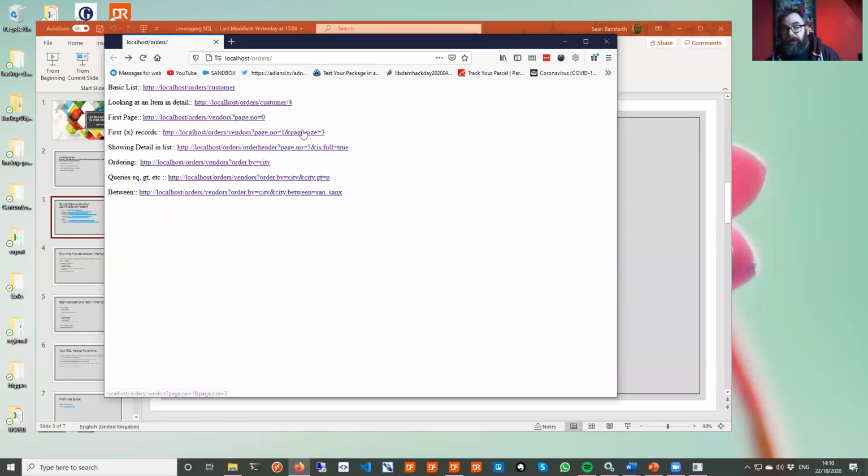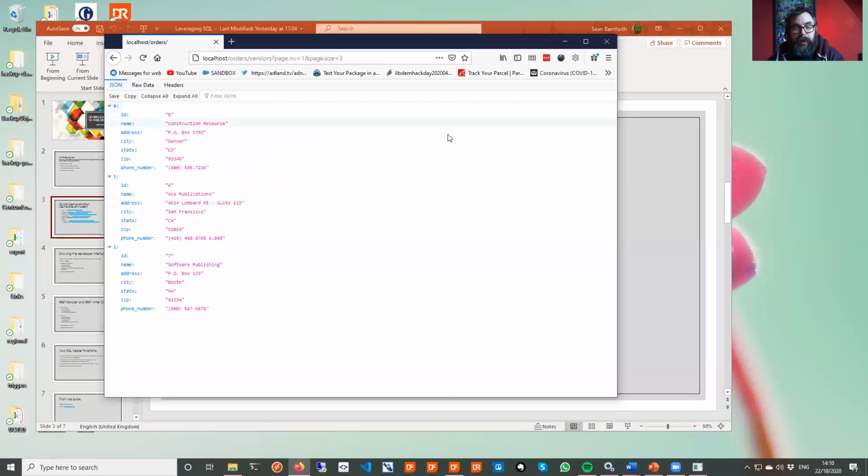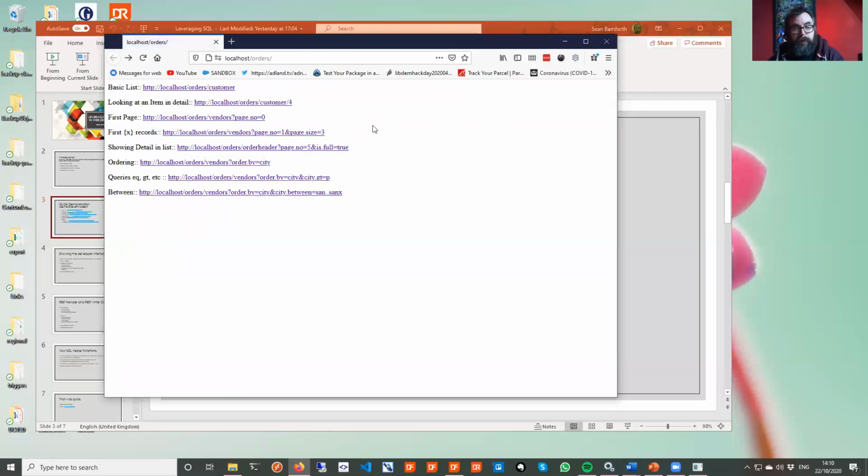As you're paging, you want to say, oh, can we have page 1, page 2, page 3, etc. What we're going to do is we're going to get page 1, which is the second page, don't forget, with a page size of 3, so 4th, 5th, 6th elements in the vendors table. And there we go, 4th, 5th, 6th vendors. Okay, another thing you would want to do is, when you are getting a list,